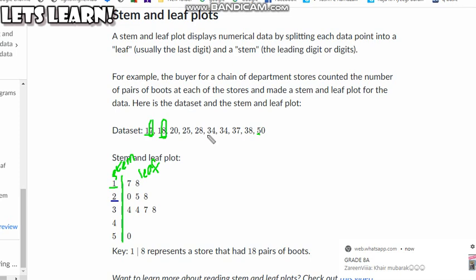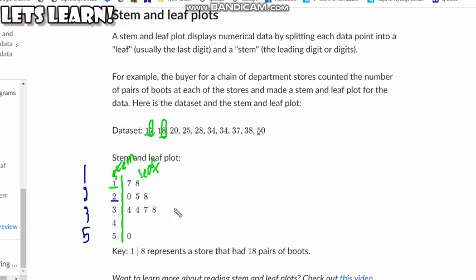Now we discussed an important thing in the last class, in the last video, that we have to follow a range. It will not be that I wrote 1, 2 and 3, I had no number for the 4, and I'll just jump on to 5. No, I have to go in a sequence. I can't jump on numbers. It can't be like 1, 2, 3 and 5, because this series or this sequence makes no sense. So you have to take care of the sequence. Secondly, if you have no number having the 4, then you will just leave that place empty.